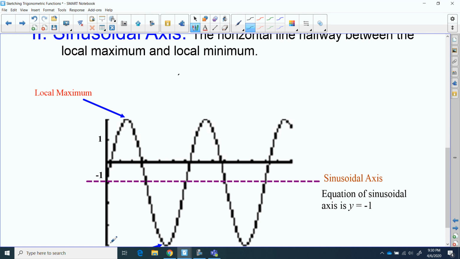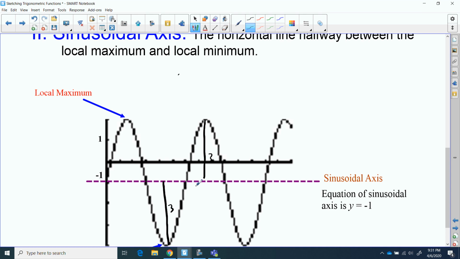which is a total distance vertically from top to bottom. It was 6 units wide. So half of that would be 3, which means you go either from the top and go down 3, or go from the bottom and go up 3, and that'll put you right in the middle of the wave. So the distance from there to there is 3. And if I go from the sinusoidal axis down to the lowest possible point, it's going to be the same